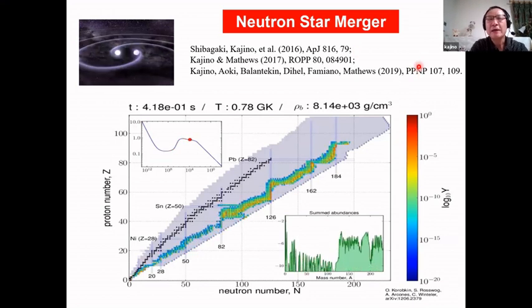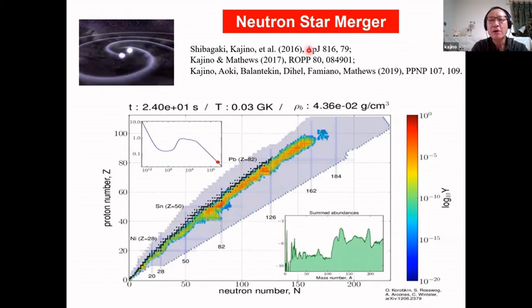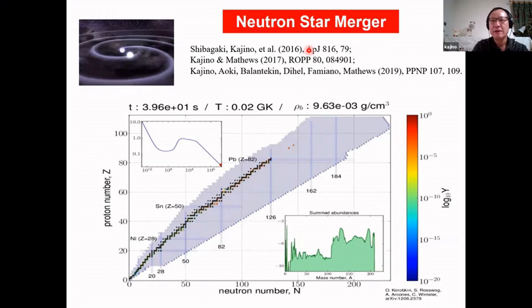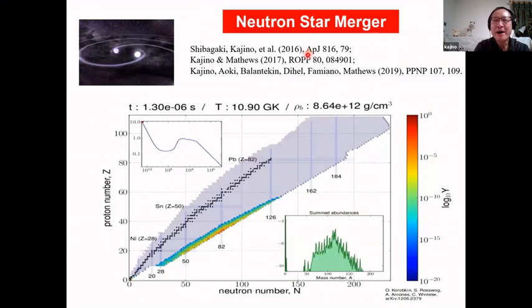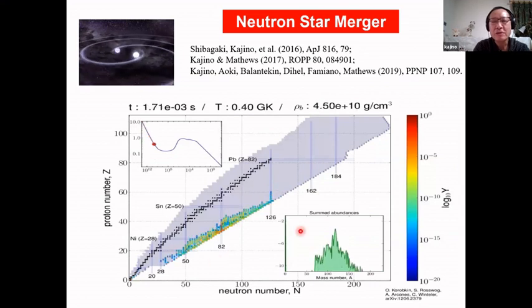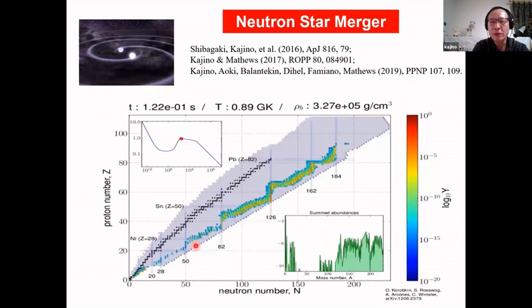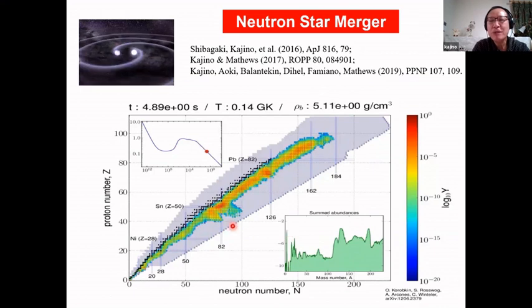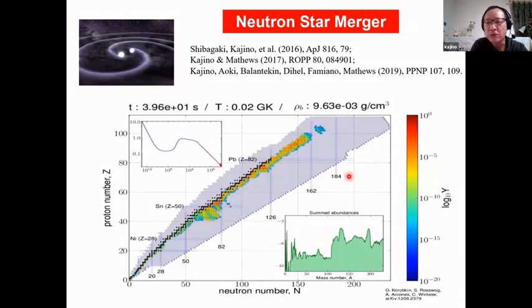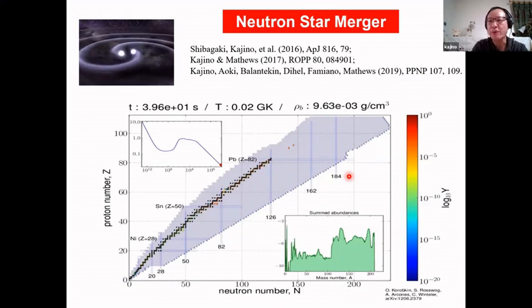Before going to that, let us sketch the second object, neutron star mergers. Neutron star mergers start from, of course, the merging neutron stars. Initial abundance is very different from supernova. Light elements are not created very much, but heavy nuclei are created because of initial conditions, at least in the dynamical ejecta process. The wind contribution is probably small.